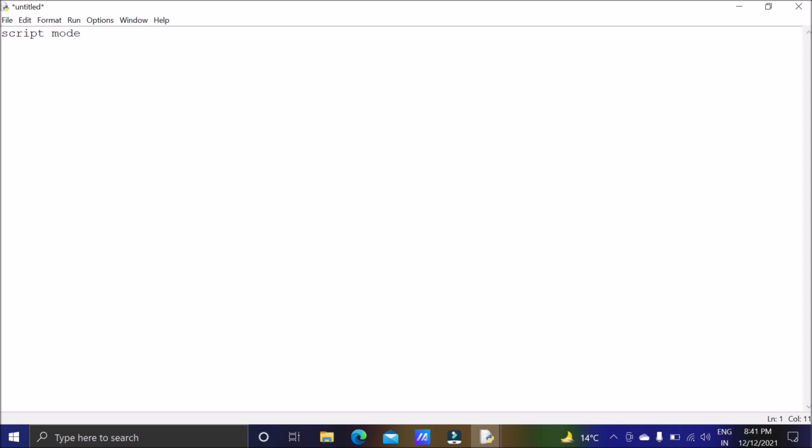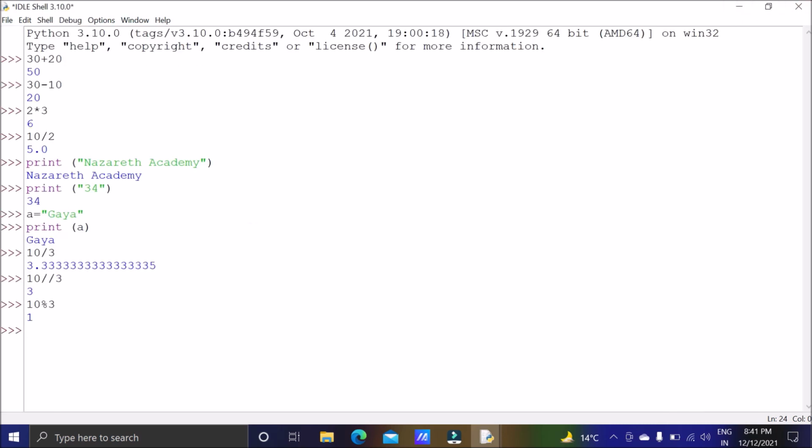This is the script mode where I can write more than one line of code. In interactive mode, I can write only a single line of code, not more than that. And one more thing, once code is executed in the interactive mode, I cannot delete it or change it.